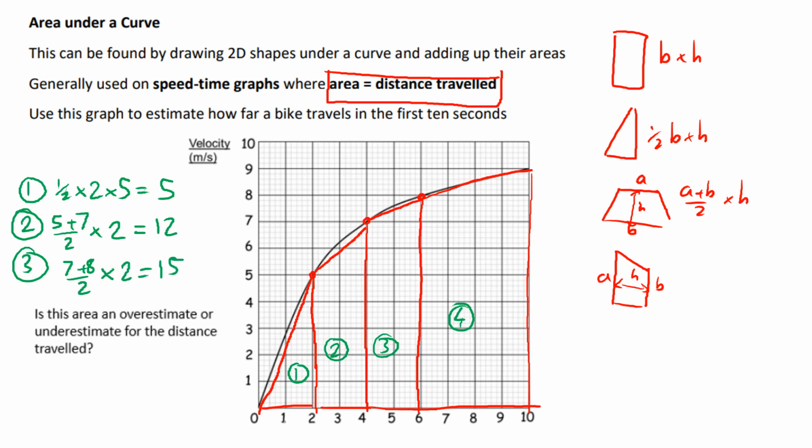And then my last bit, have I got enough space? Let's write it up at the top. Another trapezium, this one's going to be 8 plus 9 over 2, but this time times by 4, because it's 4 width from 6 to 10, so that's going to give me 34. So my total amount of distance travelled then